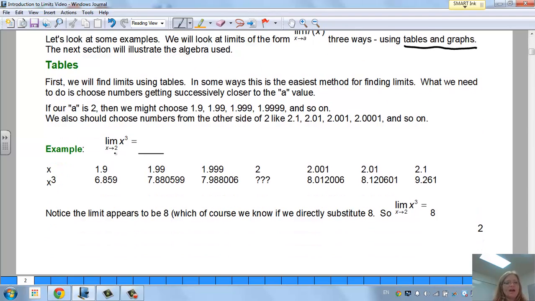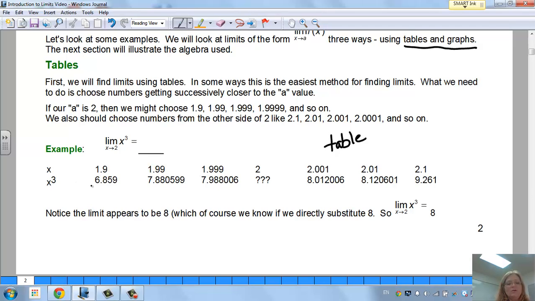So here I've got the limit as x approaches 2 of x cubed. What I did was graph this, and then I looked at my table. Now this table's sideways and the table on your calculator is up and down, and I'm going to show you in another video how to actually get there. But basically at 2 we don't know what the limit is, but we're going to get really close on both sides. So see how I'm doing 1.9, 1.99,